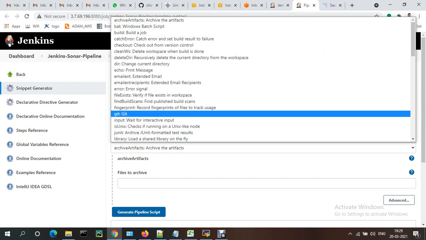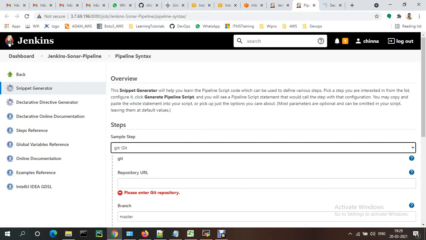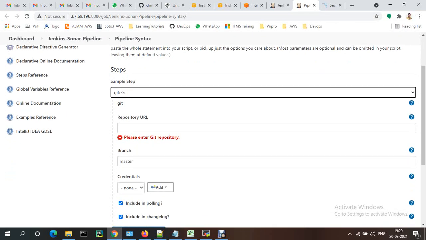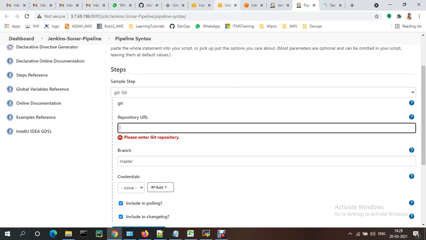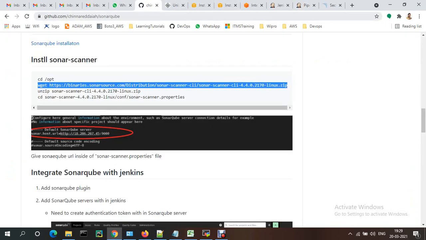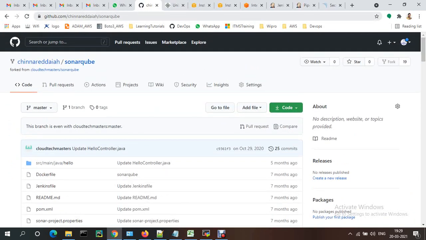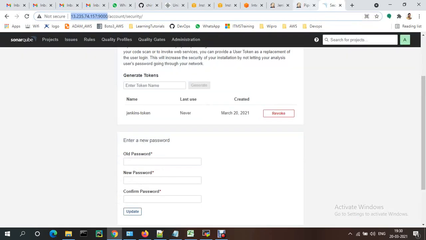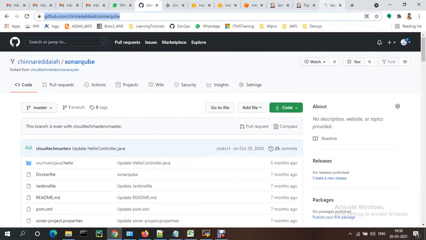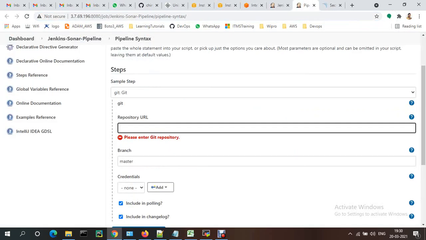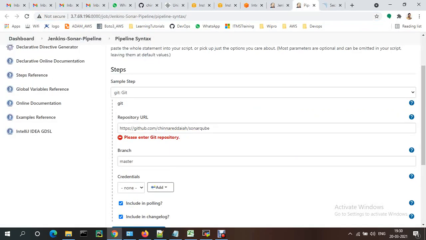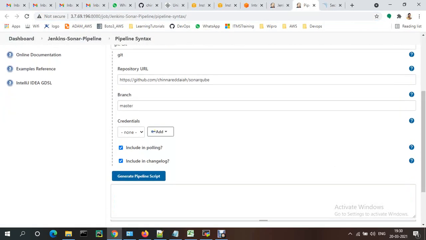Suppose git: where is your git repository URL and branch name. If you give your git repository URL, suppose GitHub, it will take this one. See, automatically it will be generated for you. If it is public, just generate pipeline script, it will be generated like this.